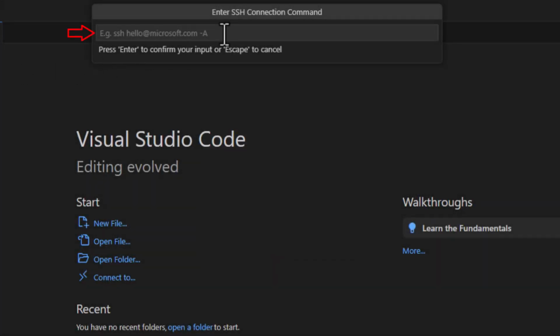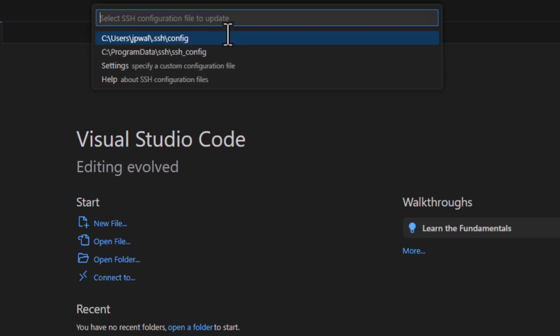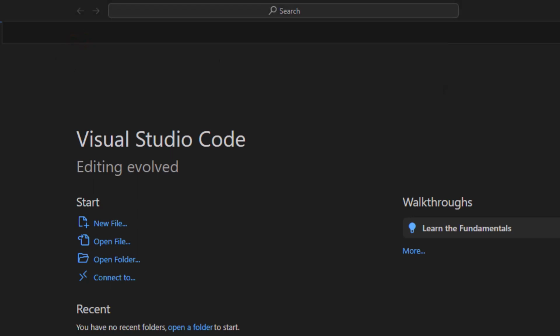and just type in ssh Joe at RPI4 and then hit enter. Now it's going to ask you which configuration file you want to update, and I recommend you use this one here, the first one that comes up that's associated with your user account. Just click that. Okay, so now that all that's done, we want to come down here again and say connect